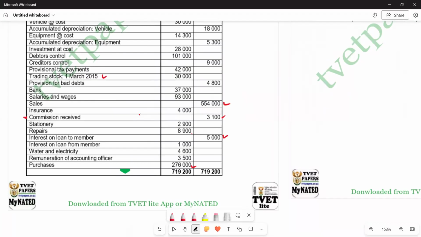If there's something, we need to check if this is correct, because all the figures given in the trial balance show amounts that have been paid and received. So in this case, interest on loan to member, 5,000 is the amount that was received. But we need to know what amount belonged to that period. If the additional information is silent, it means this 5,000 will be the figure belonging to that period. But in this case, if you go to additional information,